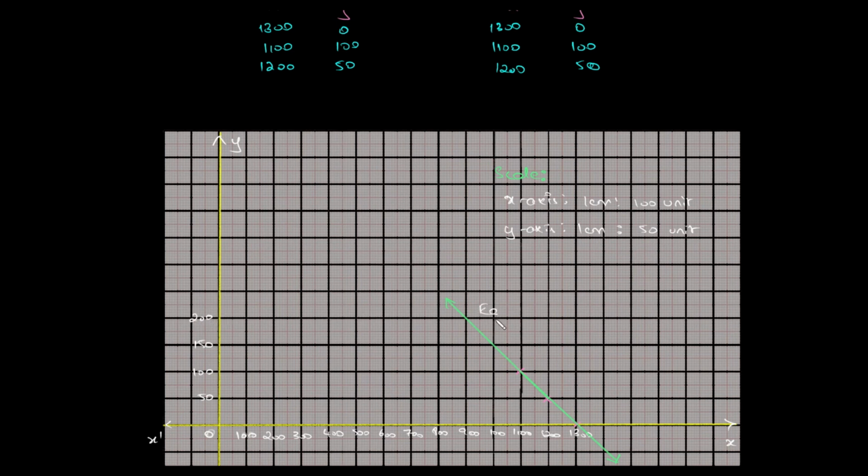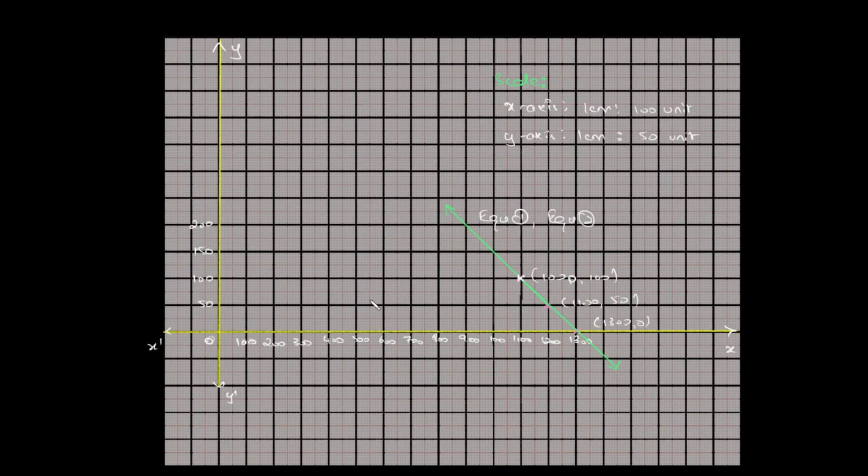This is equation 1, and this is also happen to be equation 2. And we have our coordinates 1000 comma 100. Then this is 1100 comma 50, and this is 1300 comma 0. Okay, so we have our graph,